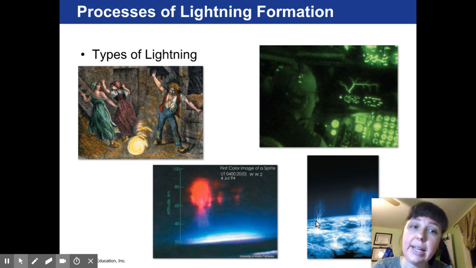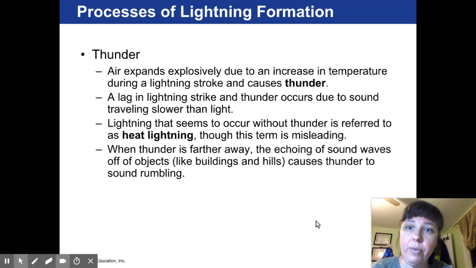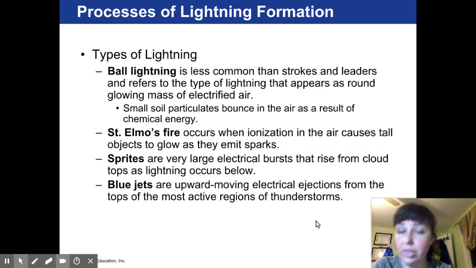Now, ball lightning is something that for a very long time we theorized about. But it was confirmed back in 2014 and finalized by science that ball lightning is a real thing, and it's actually become more common. With all the electrical items in our homes, if your home, for example, is struck by lightning or in the near area, we often see circuiting occur where it will create a